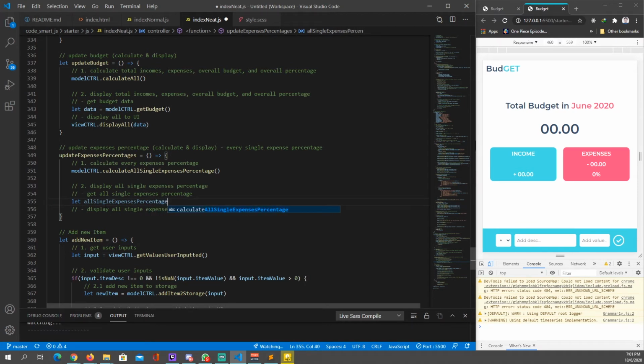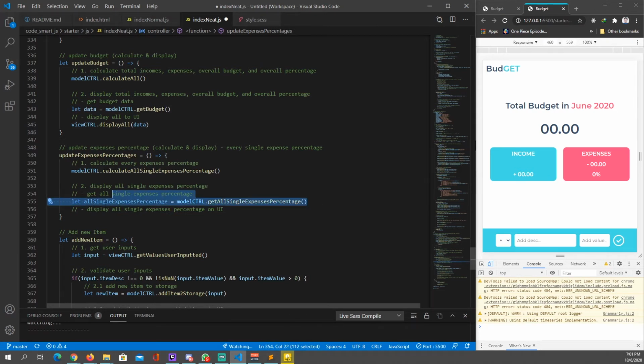If I can spell it right, it's percentage. So we're going to get that from our model controller. So this one I'm going to call it as get all single expenses percentage,